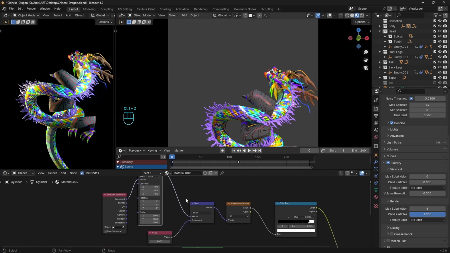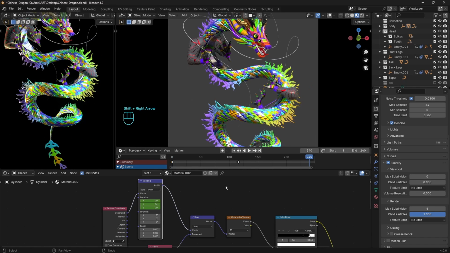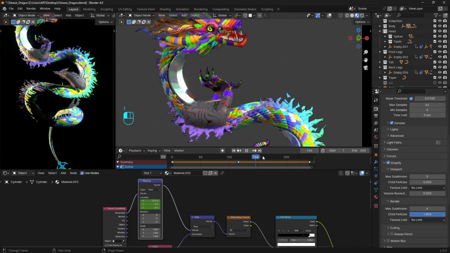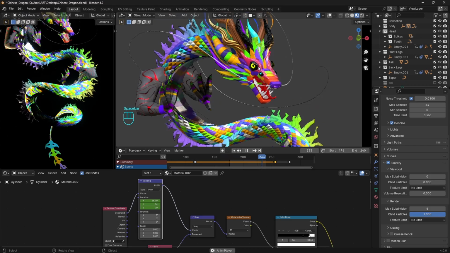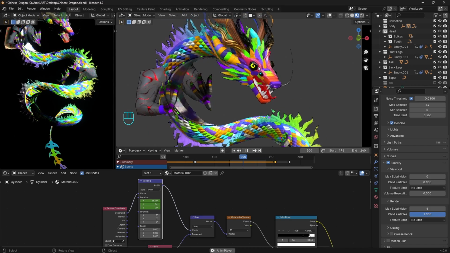Let's animate the emission shader of the tubes. Go to the beginning of the animation and add a keyframe for the location. Then go to the end, offset the location on the X, positive or negative depending on the direction you want it to be, and add another keyframe. I will move some of the keyframes after the animation so they keep moving and don't stop or slow down at the end.